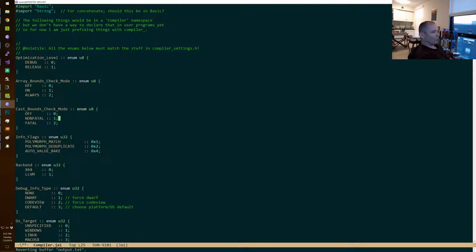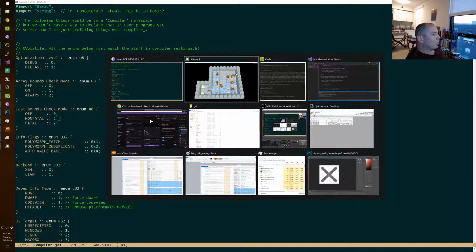Version 2 will let you control it per module. There's also a manual cast bounce.